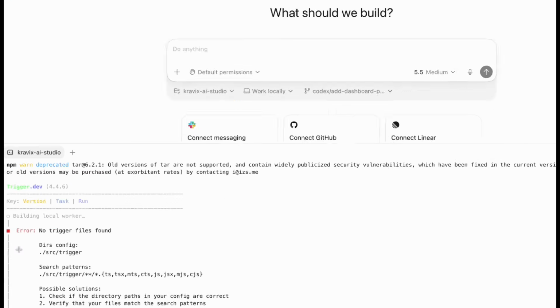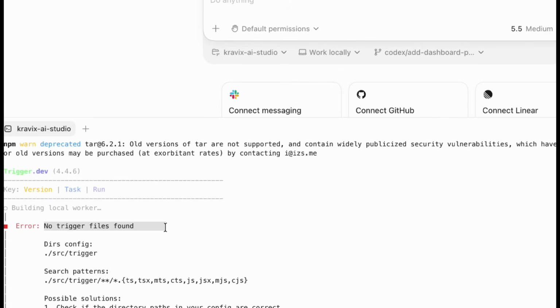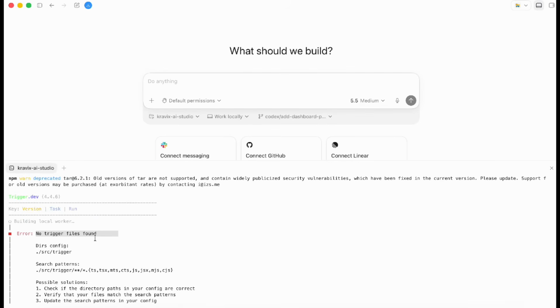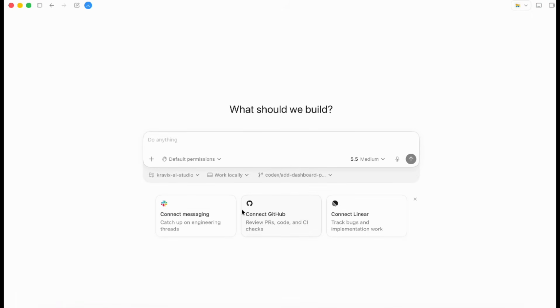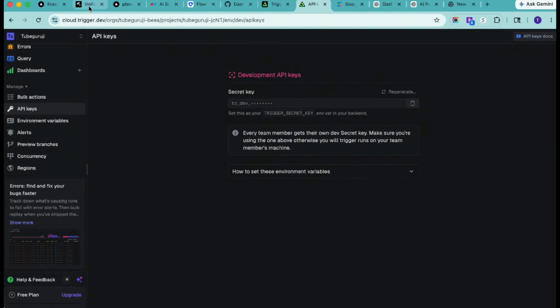Now if we are getting this error saying no trigger file found, in that case you have to create a trigger file. But don't worry right now if you are getting this error, because when we add our own prompt for Codex to implement this feature, it will also implement the trigger folder and set it up for us. Okay, so now let's head back to